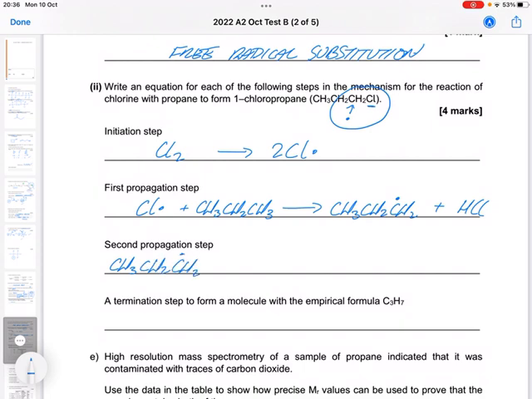with my dot on that carbon there, with chlorine that didn't undergo the homolytic fission, which gives me CH3CH2CH2Cl plus Cl•. So a termination step to form the molecule with an empirical formula of C3H7. The big clue here is there's no halogen in here whatsoever. It wants the two of these that react together. So CH3CH2CH2• plus, and you can do this as 2 if you wish,